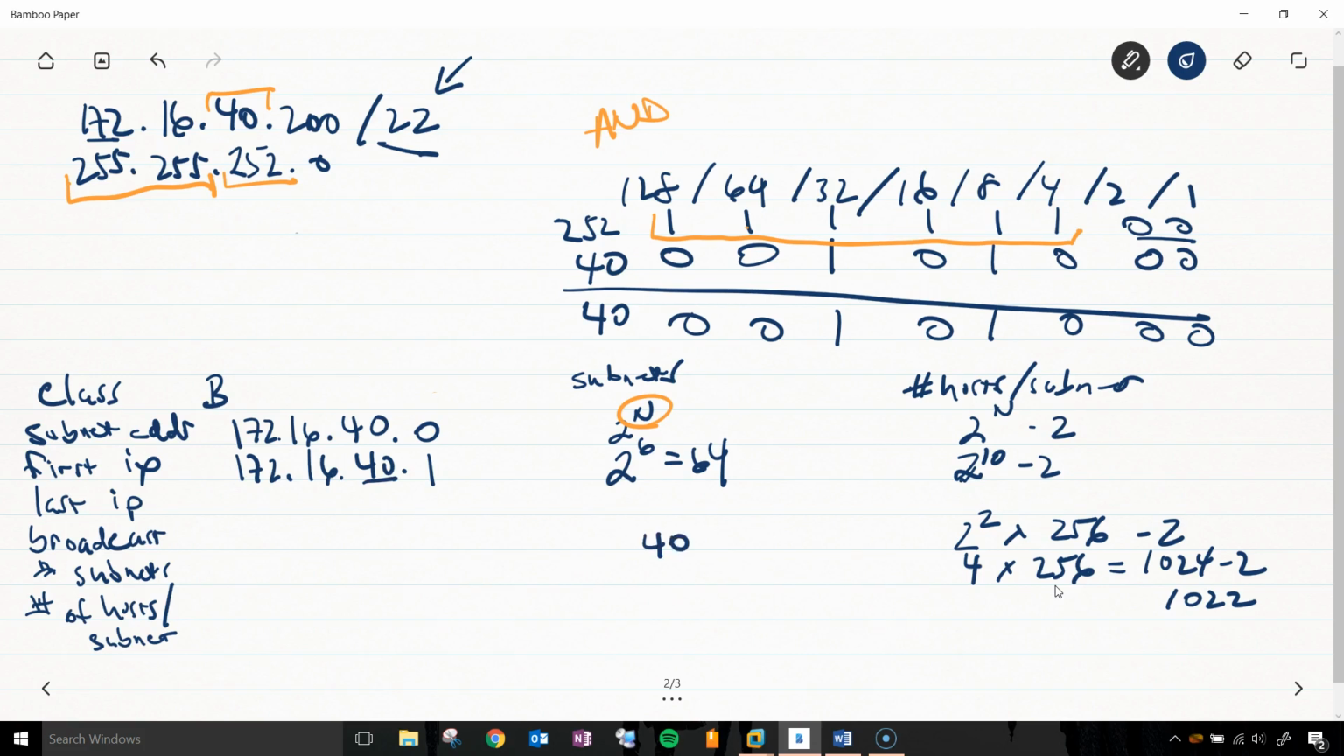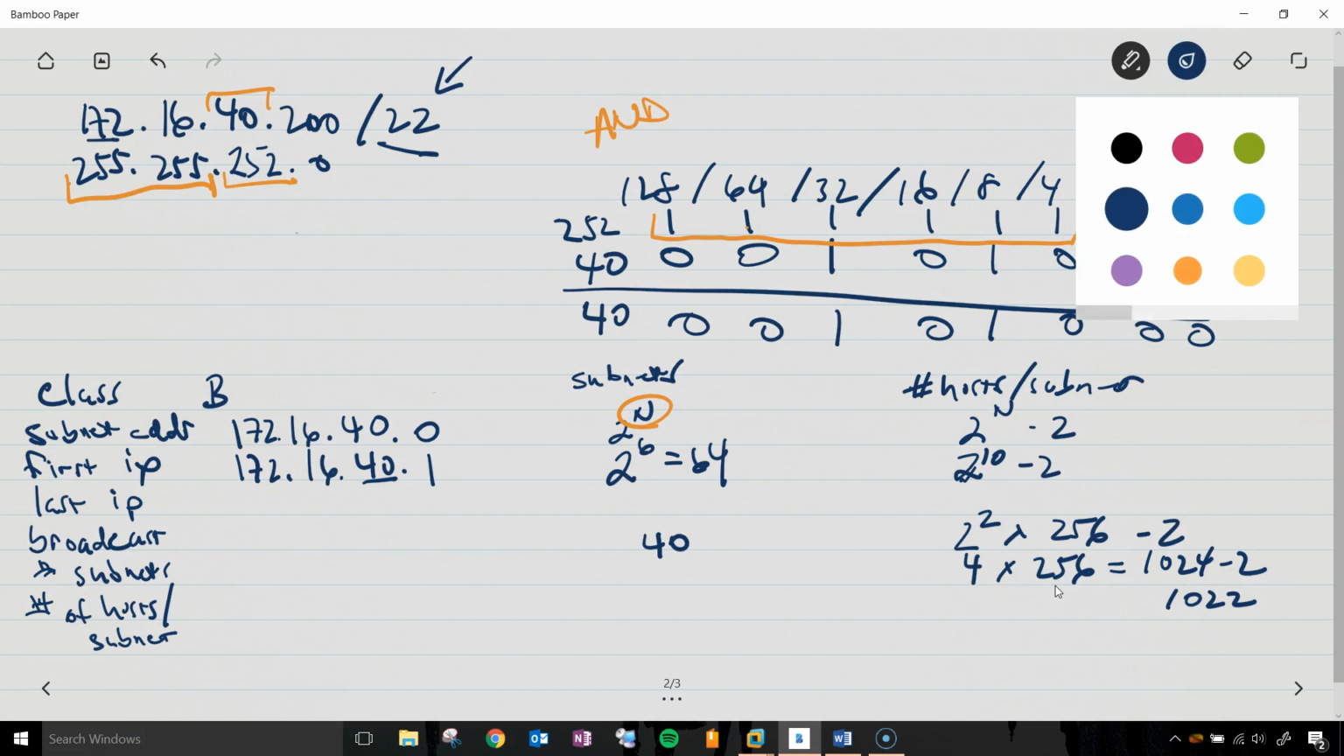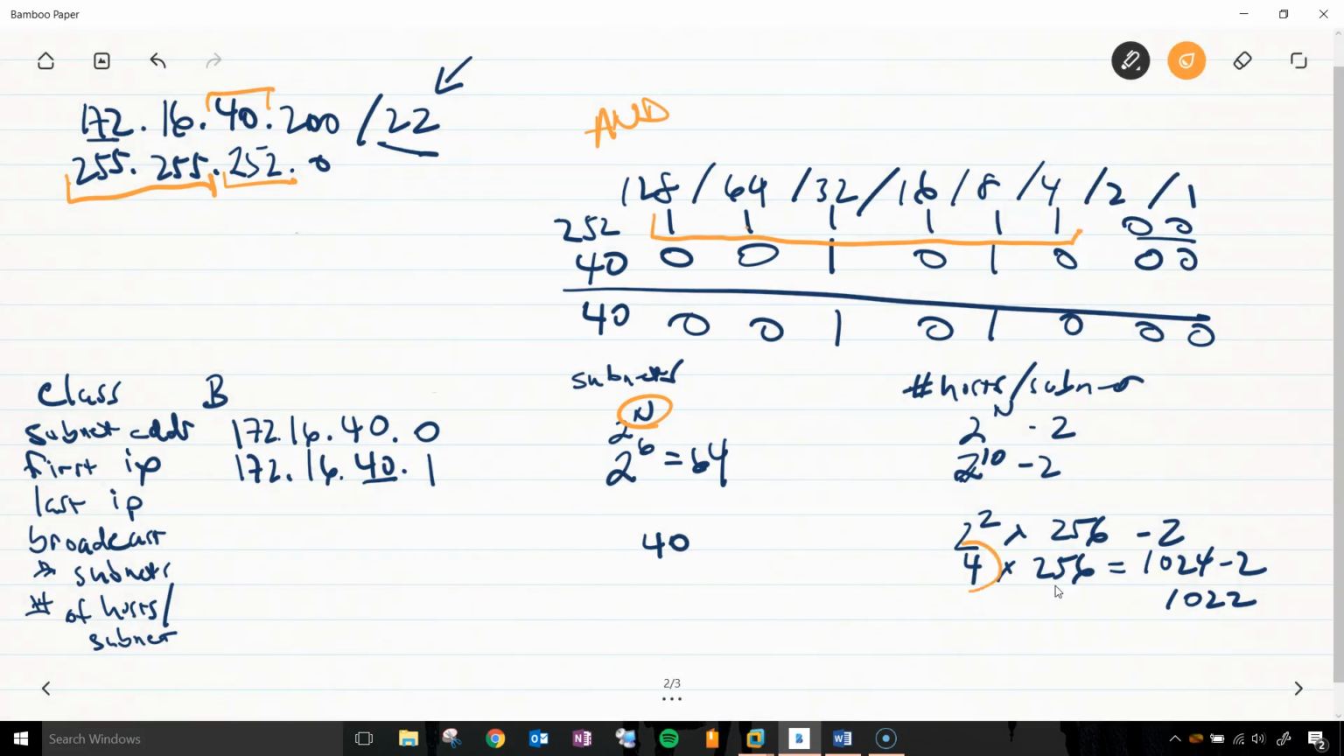So to figure out where the broadcast is, it's easiest to figure out where the next subnet begins. And to do this, it's easiest to use this number right here before we multiply it by 256. This is because the 40 that we're working with is in the third octet. This multiplication times 256 is because there's another whole octet, but we just need to know where this number ends. So if we use the 4,